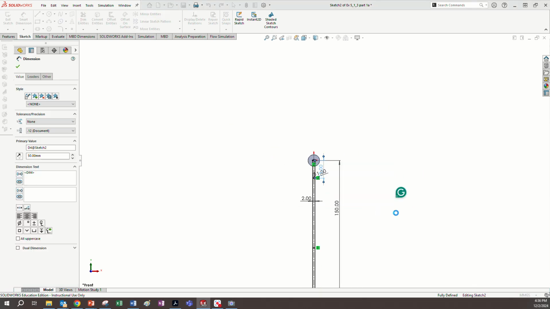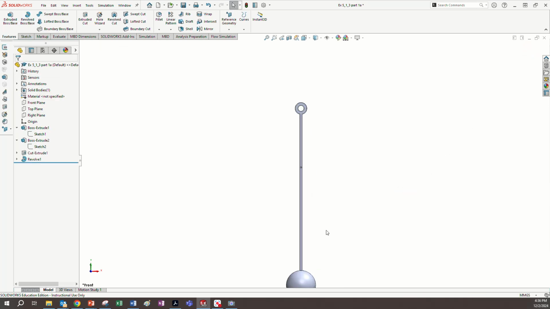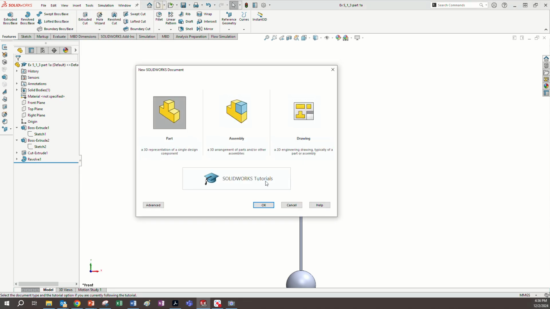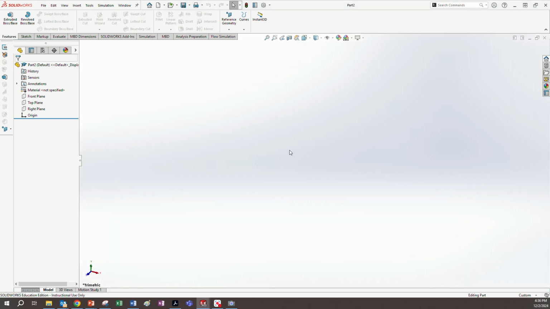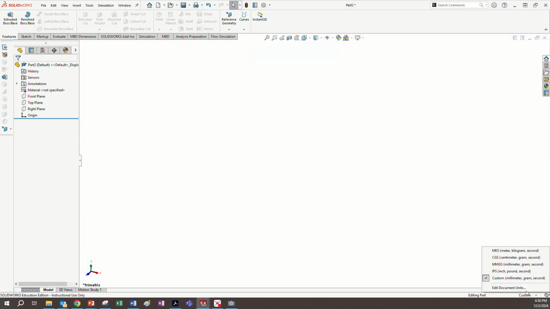Let's make it 50. Yeah. So it's not really in the center, but it's really out there. All right. And then we want to, let's see, I'm going to make a new one. I could probably figure out a way not to do this, but I'm going to do it anyway. And then